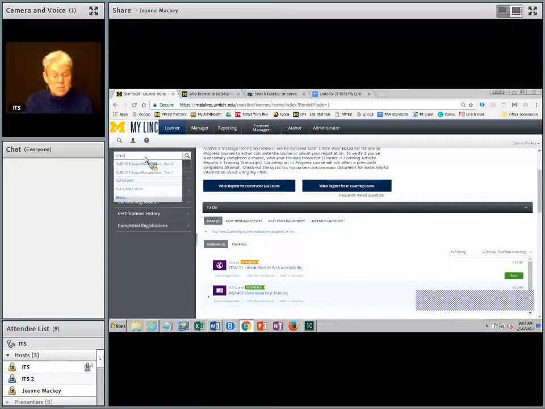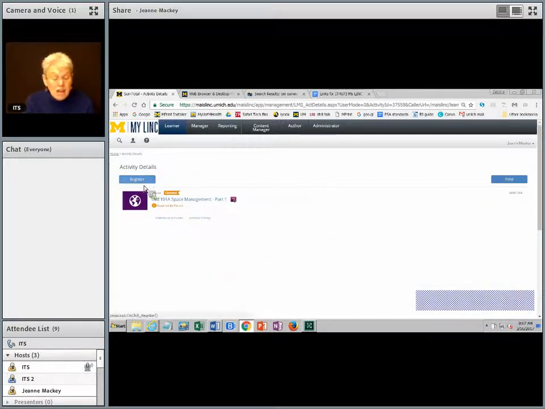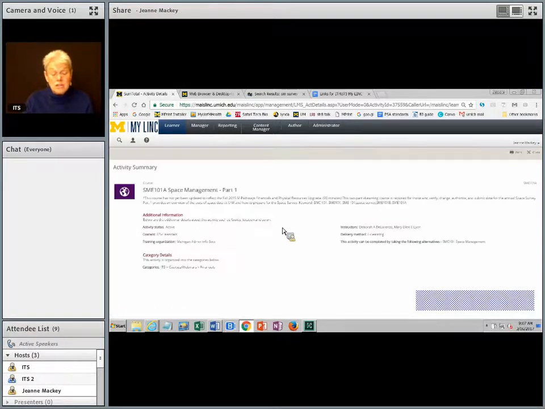So when I type SME and wait for a second, I see that I've got 101A, that's the one I want, so I'm going to click that. And I can register for it. Sometimes it's a little frustrating in terms of which button to hit, because it seems logical that you could just click the link of the title, but that doesn't get you to a place where you can register. It just tells me a little bit about it,